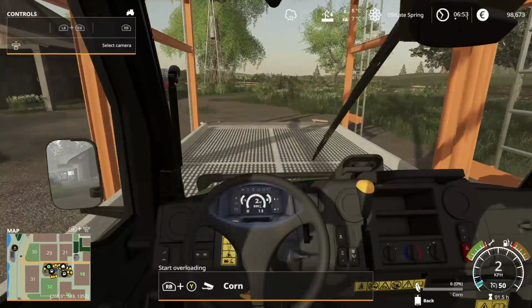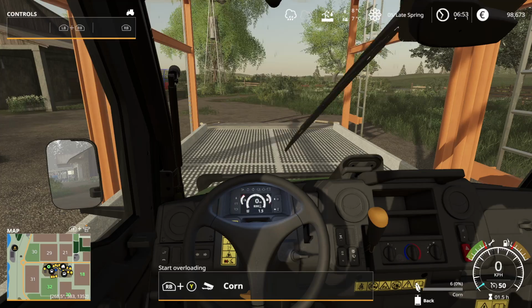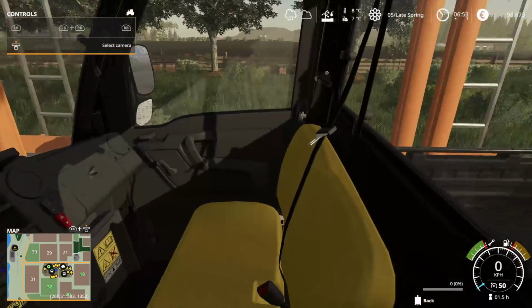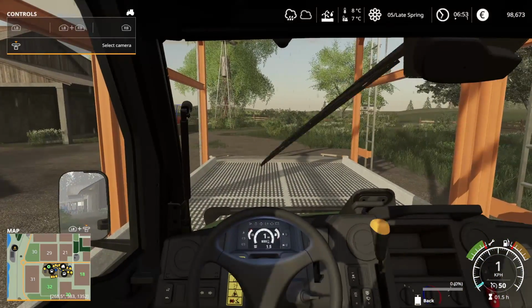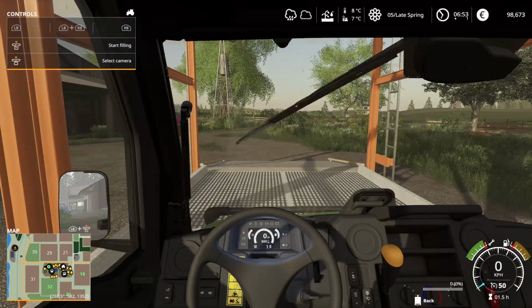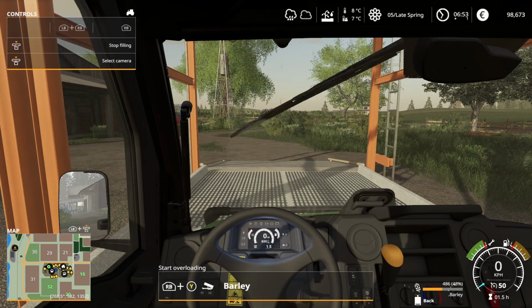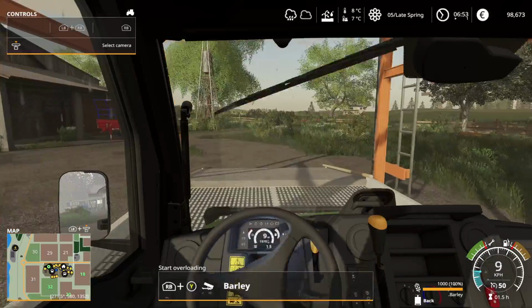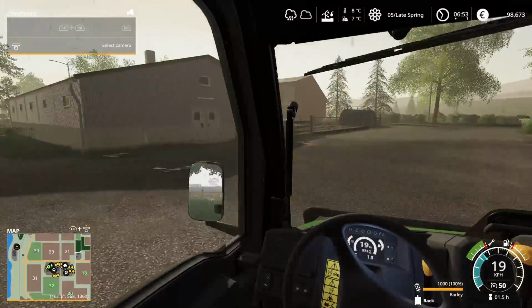So if we just go in here, let's see. Is that putting corn in? No, it's not. Oh, did we have corn? We had corn in the back. There we go, that's why. Let's put some barley in. And I might grab that corn back out. I forgot that we had just a tiny little bit of corn in the back, so...